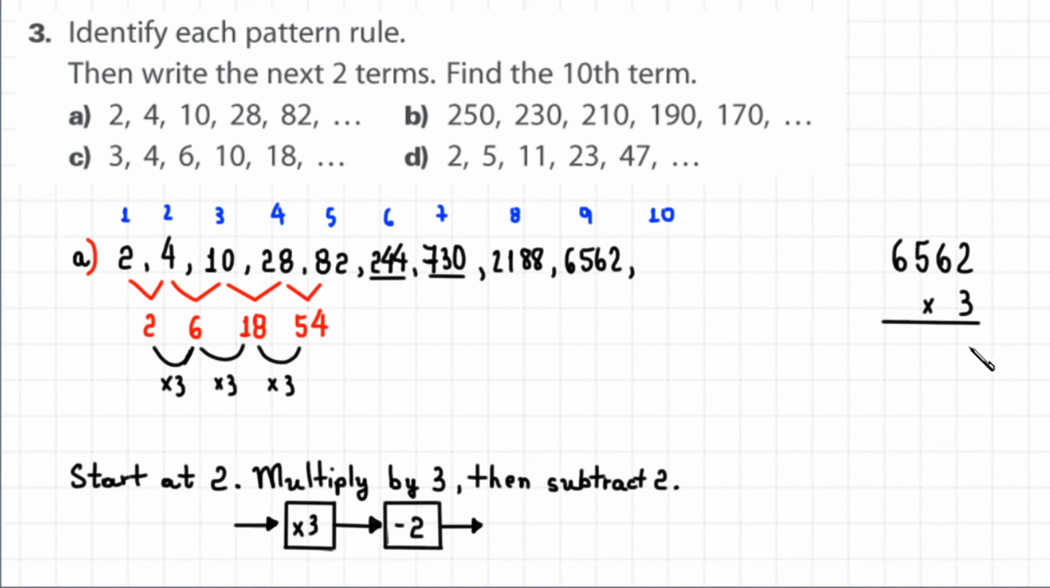What is 3 times 2? 6. 3 times 6, 18. I write 8 here. The 1 goes up here. 3 times 5, 15. 15 plus 1, 16. I write 6 here. 1 goes up here. 3 times 6, that is 18. And 18 plus 1, that is 19. So we have here